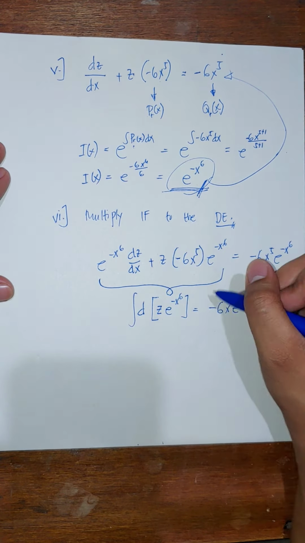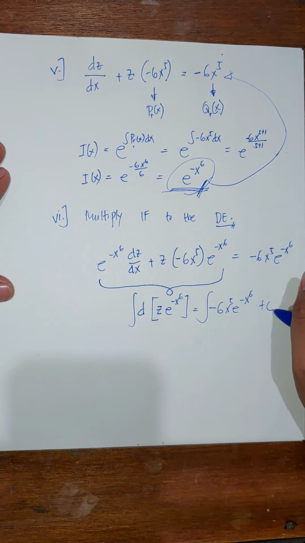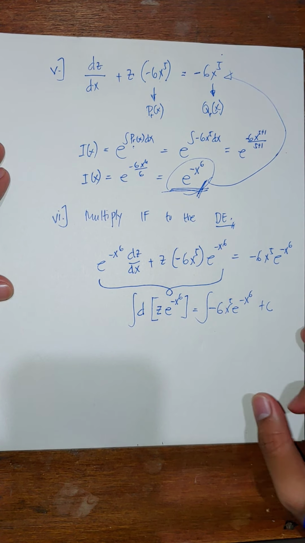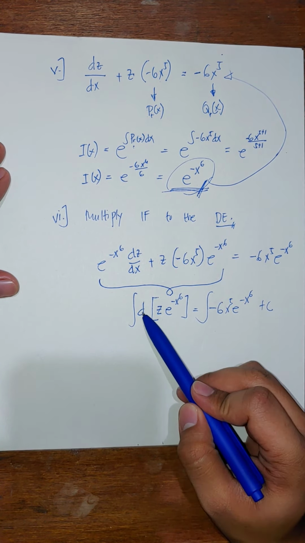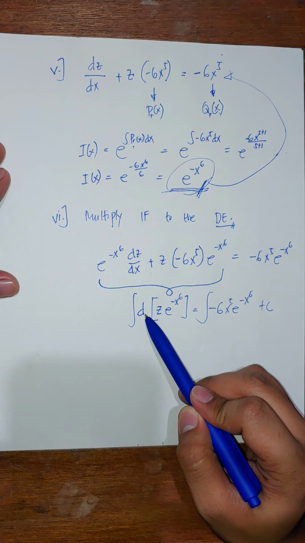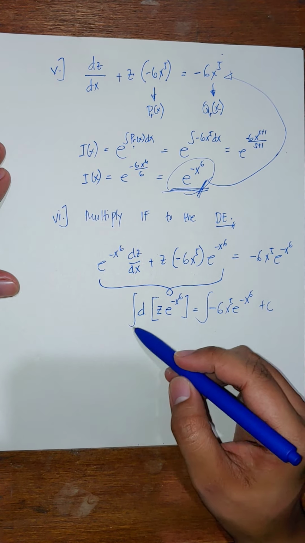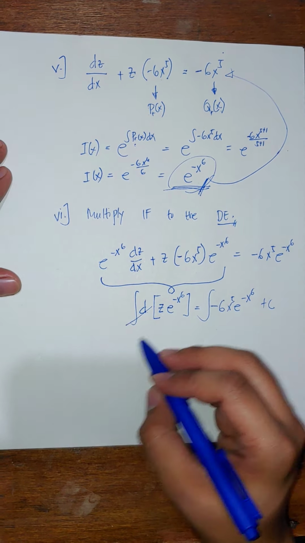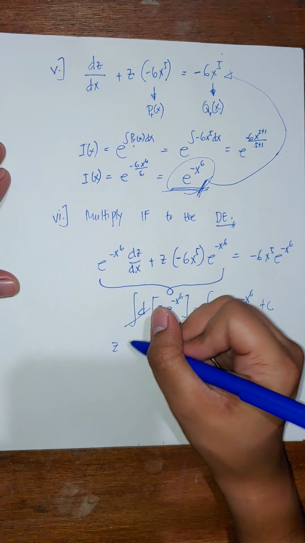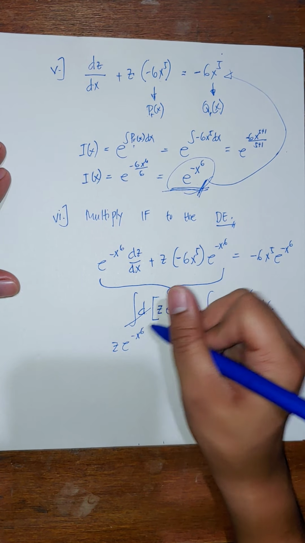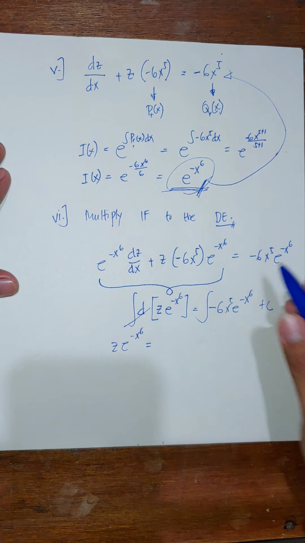So integrating both sides, plus c because we have an arbitrary constant. This is the integral, this is the derivative, this is the antiderivative, so they cancel. Then on the left hand side, we have z times e to the negative x to the 6th power is just equal to,